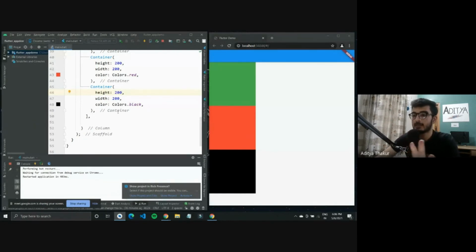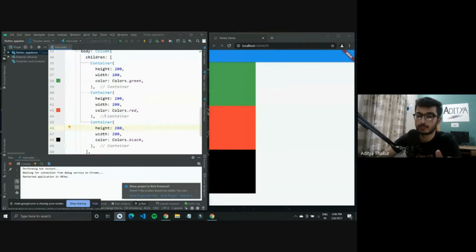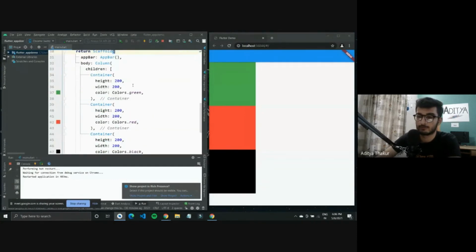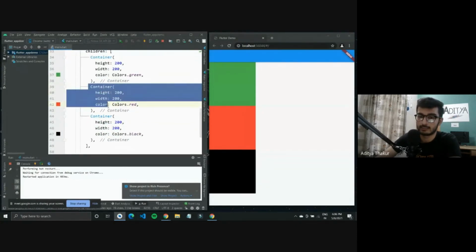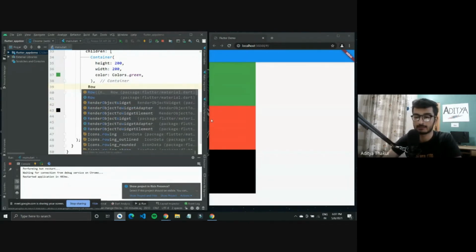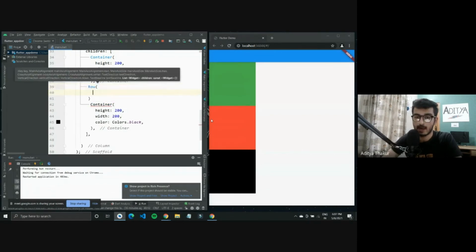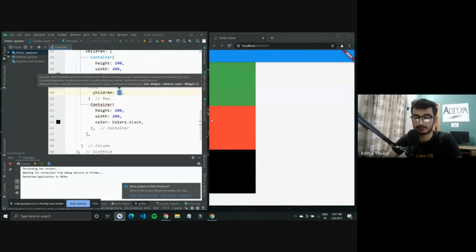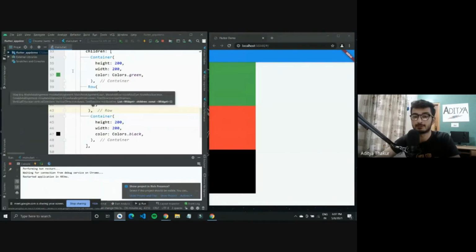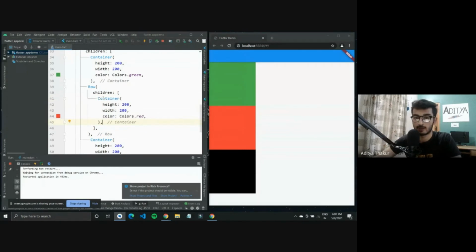So these widgets are bigger now. What you can do is, inside this column, you can have a row if you need it to be. Let's just get rid of the middle container, and I'll create a row, as in type row, and then row would again take in children. It wouldn't have a single child, but it will have multiple children. And you can put this inside it once and twice.